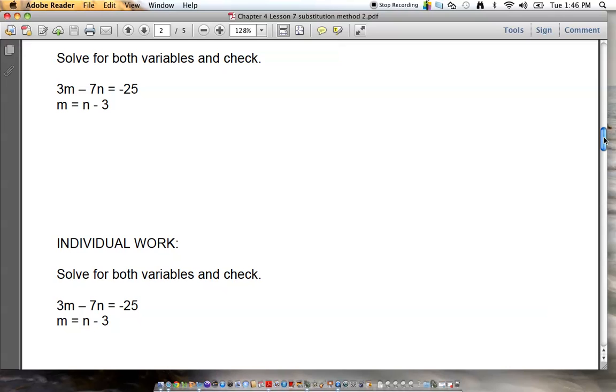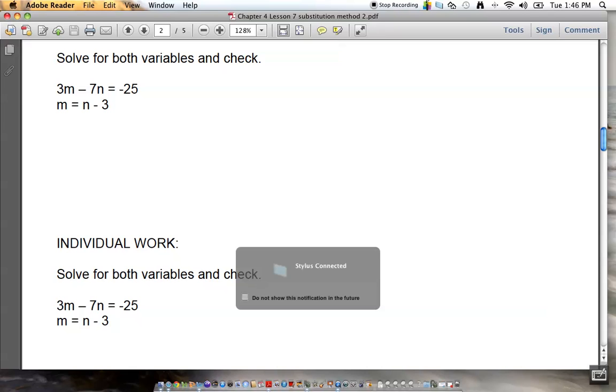Okay, now hold it. I want to go through this, and I got to tell you, Anthony just absolutely made my day. He did such a fantastic job on this particular question. You know what it means to me? I don't know if you know this or not. I want to talk for a second about where kids screw up. Kids are liars to themselves. You lie to yourself all the time. Oh no, you